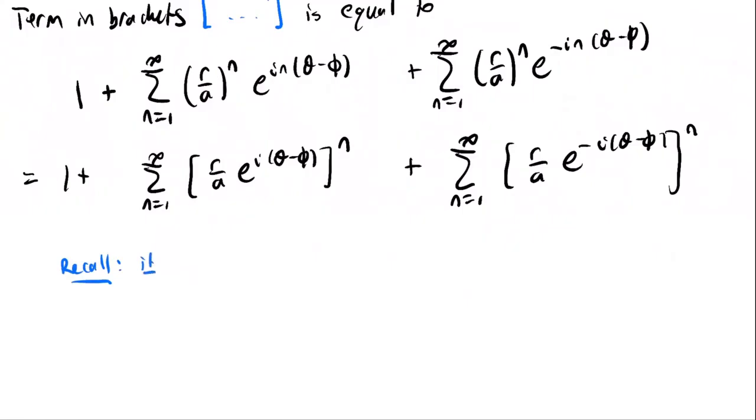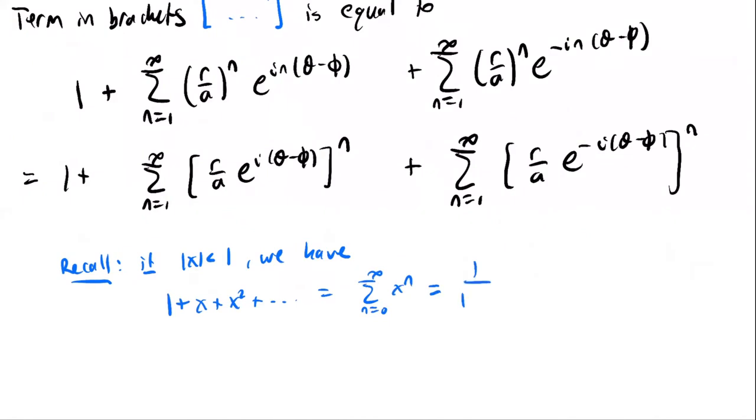if I have some number x with absolute value less than 1, we have 1 plus x plus x squared plus et cetera, which is the sum from n equals 0 to infinity of x to the n. Well, this is just given by 1 over 1 minus x. This is how you sum a geometric series as long as the absolute value of x is smaller than 1. Well, we're going to apply this with